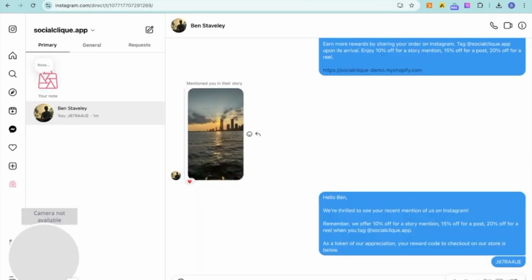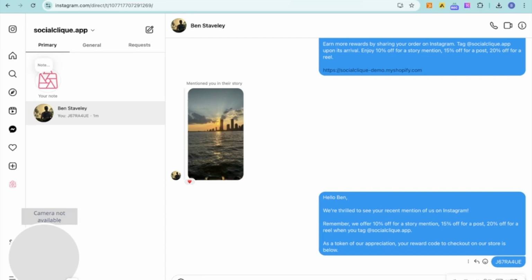The content has now been matched and verified to the customer that made the purchase using the Instagram account that we sent the original incentive to. And we have now rewarded them with that user-generated content they created. Here you can see we mention, thanks for mentioning us, as well as repeating the other campaigns that we have available and the discounts that you can receive, and provided them with the coupon code for that 10% off their next purchase. This consumer can then go on to continue to make another purchase, receiving that 10% off, and the